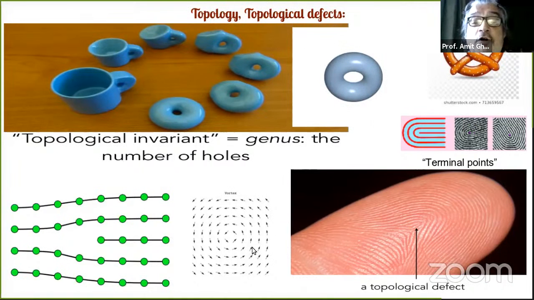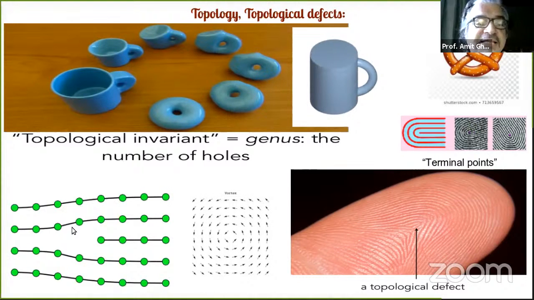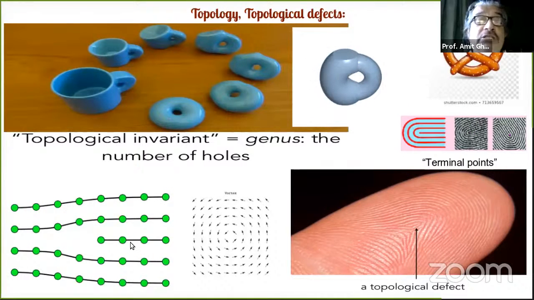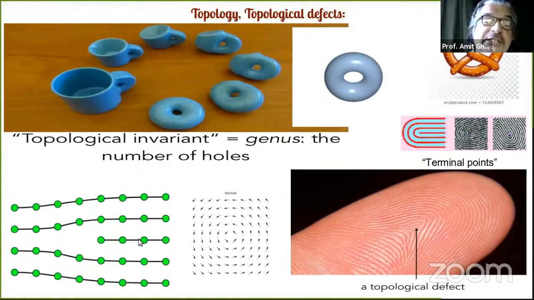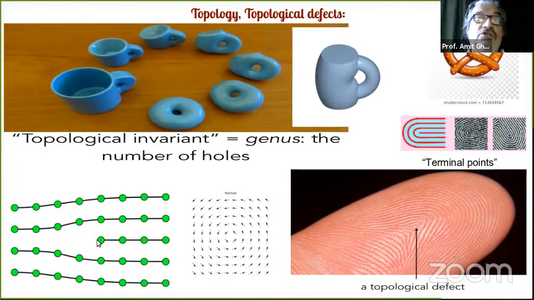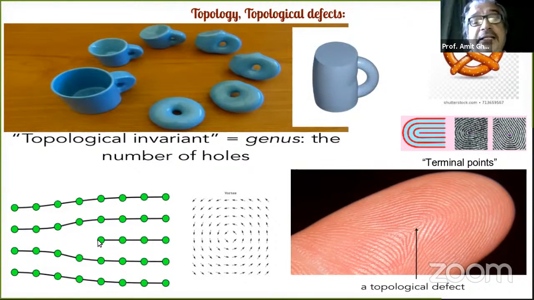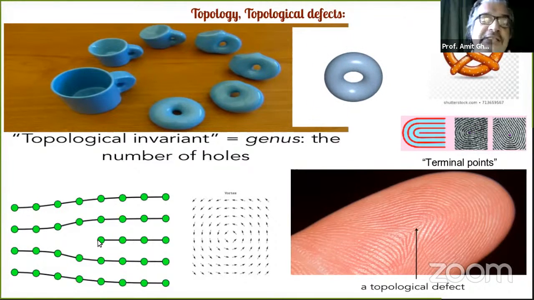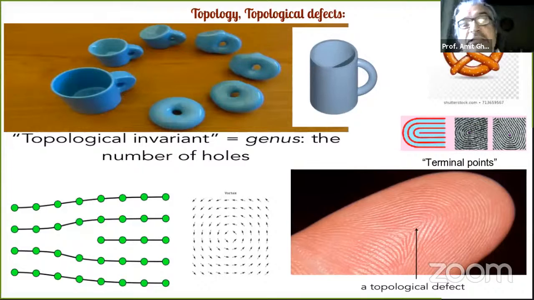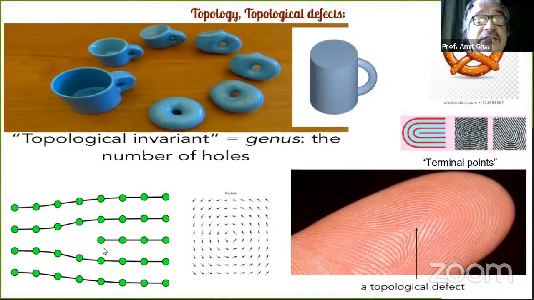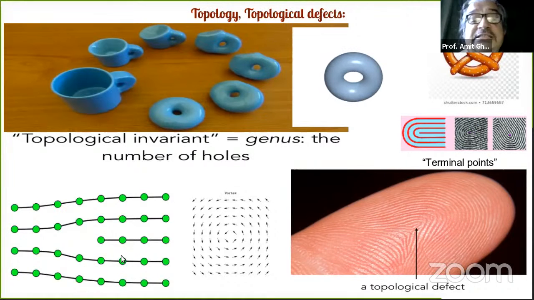So for example, this is the vortex that I was showing you earlier. A topological defect will be something like this. Let's say we are talking about the lattice of a solid. Suppose you have one lattice line, a line of atoms, which suddenly stops. So that's a defect, right? That can happen. That is natural, that any material that you have naturally comes with defects. Either it is inherently there, or because of some operation it has been created. So defects are very natural. And whenever you have these topological defects coming up in a material some way or the other,